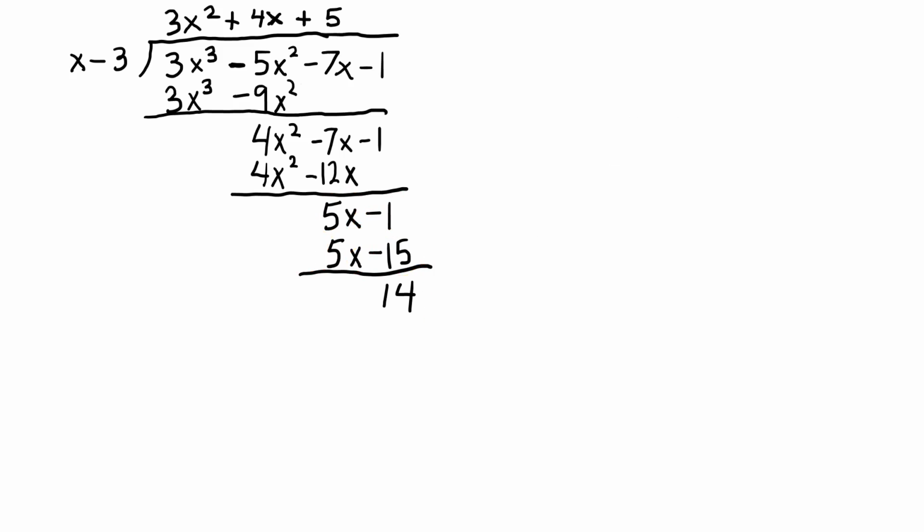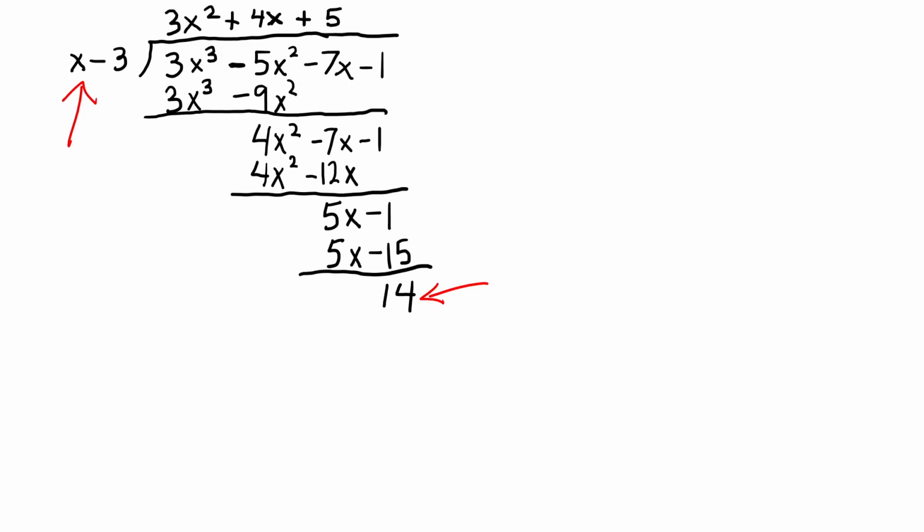And there we go. And now we see that our remainder, which is right here, has a smaller degree than our divisor, which is right here. The remainder is degree 0, the divisor is degree 1. When the remainder is a smaller degree than the divisor, that tells us to stop. Now we can state our